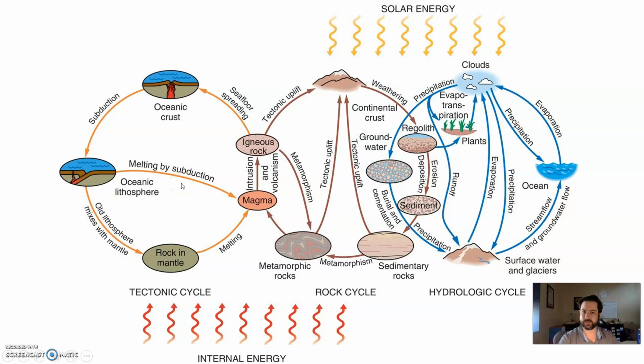So in this first unit, it's a broad overview of geology and Earth as a whole. As we start into Unit 2, we'll start with the tectonic cycle. The tectonic cycle is driven by the internal energy of the Earth. So that's why in this unit we talk really briefly about what's inside. We'll spend some more time on that in Unit 2. But it's that internal energy, the heat from inside the Earth, that drives the tectonic cycle. It's the tectonic cycle that drives the rock cycle. And the rock cycle is also affected by the water cycle interacting there. So we'll focus on these 3 different cycles working within, around, and between the different spheres of Earth.